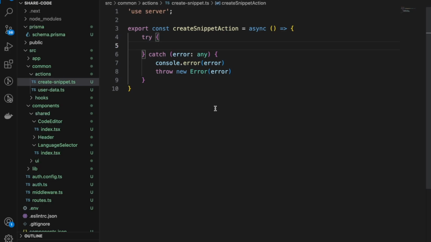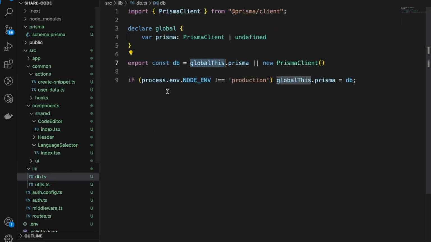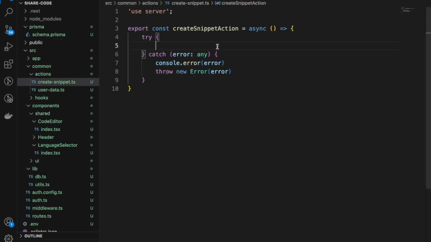Now we want to use our database. So for database, as you remember, we have already created this. We will use DB. So let's return await,